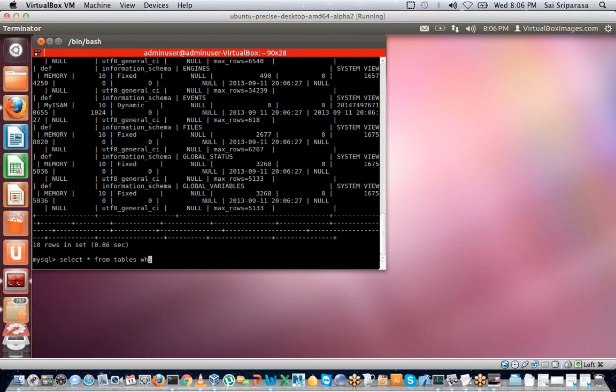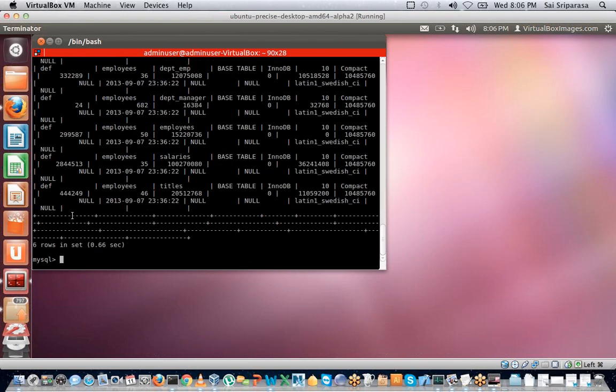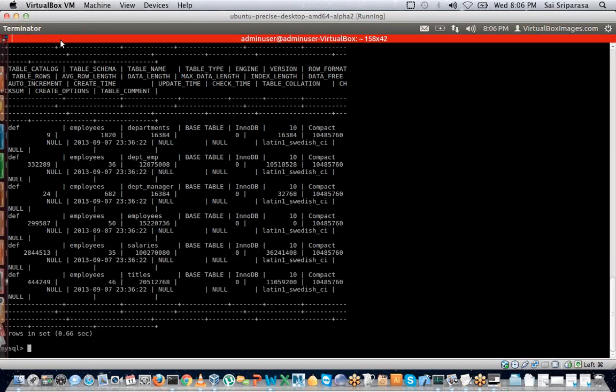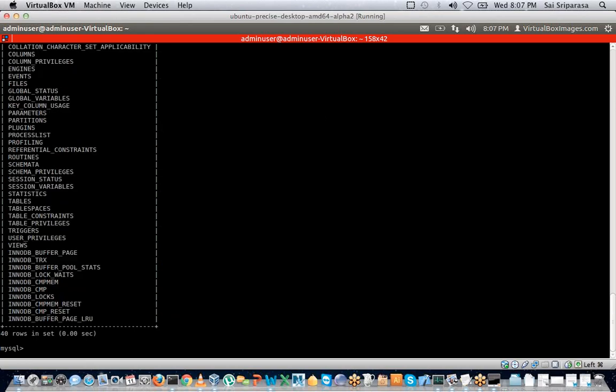where table schema is equal to employees. See, so at that point we actually get to take a look at all the tables that are in a given database. Okay. So the other thing that I actually wanted to take a look at was all the procedures that are